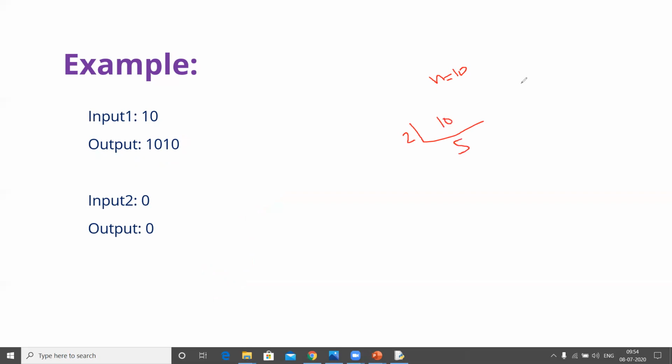What remainder will we get? We will get the remainder 0. Now take this 5 as the number again. Now 2 2s are 4. The remainder will be 1. Now take this quotient as the number again. 2 1s are 2, right? The remainder will be 0.